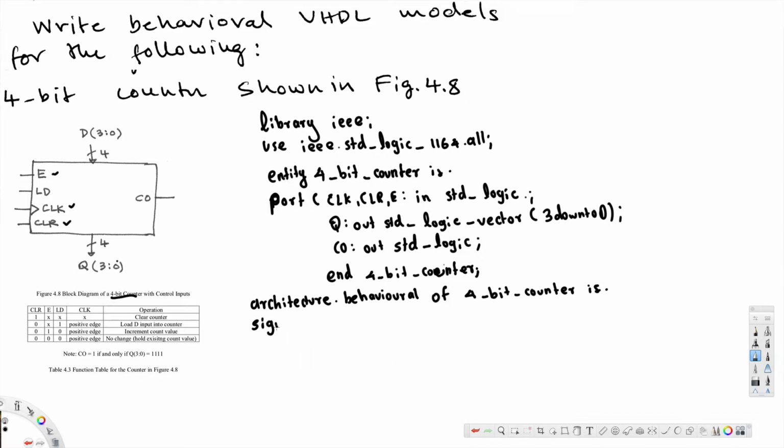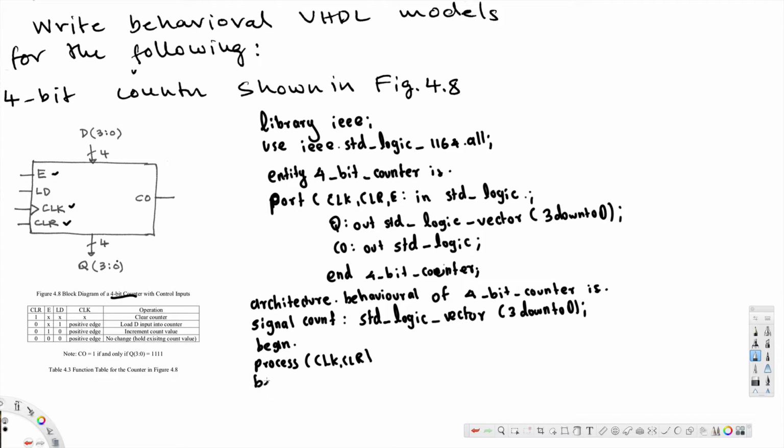signal count that is std_logic_vector, that's 4-bit, so 3 down to 0. Then begin, process, clock, comma, clear, begin,